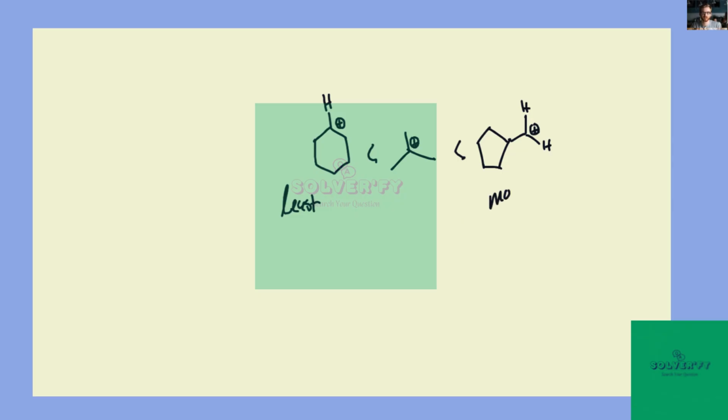Okay, we have 3 carbocations, which I will reproduce here. And the question is asking, are these in order of increasing stability, with least stable on the left or first and most stable